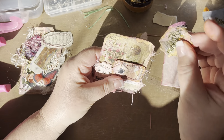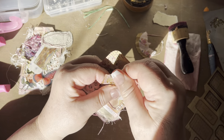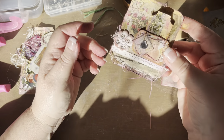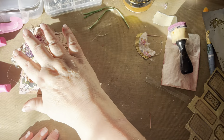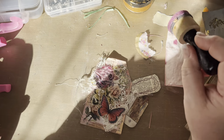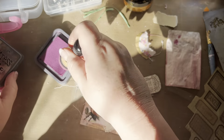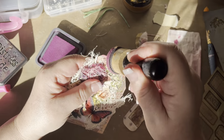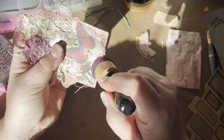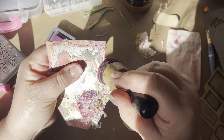I know she's covered up, but she's there as a surprise when you take the card out. That's that one. And the last one. Oh no, I was enjoying doing these. I say oh no, but it's good really, because now I know all my ephemera is made for that journal, that pink journal. So it's a case of stitching it